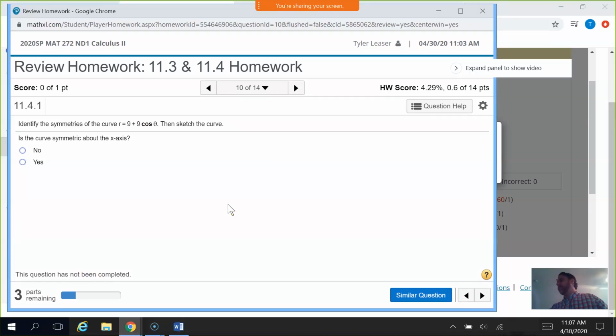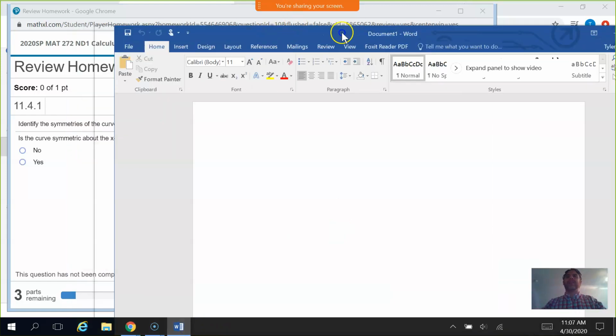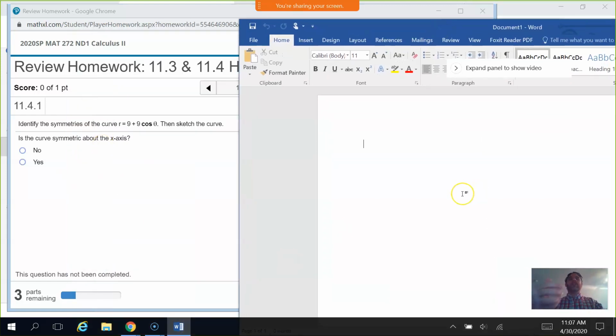Yeah, so identifying symmetries. Whenever you're doing symmetries, let me grab my notes here. There are some specific formulas for it, and I think all I did was briefly mention them in the video, but there's a nice concise list of them. So it wants to know all of the different symmetries here, and the first symmetry it wants to know about